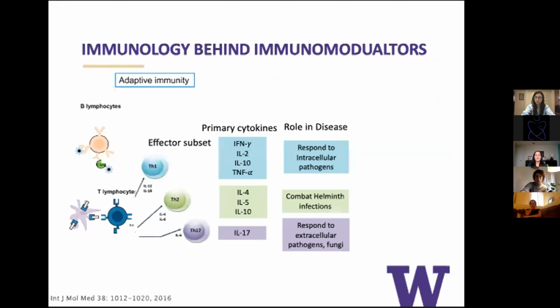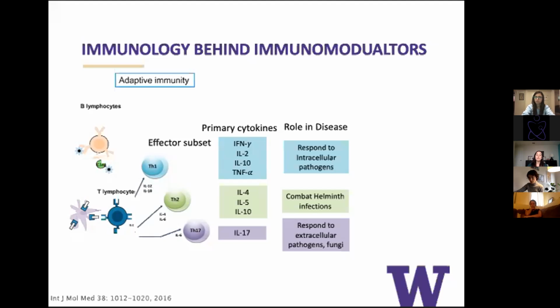Upon antigen presentation in the immune response, T cells are the other subset of lymphocytes that begin to mature. And due to the production of a whole host of cytokines, they polarize into different T helper subsets, each of which produce characteristic cytokines and play different roles in protecting the host against pathogens. Starting out by talking about Th1 T cells, these are the subset of T cells that tend to disrupt intracellular